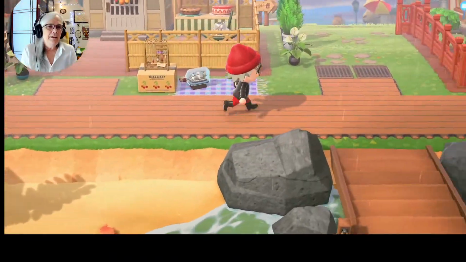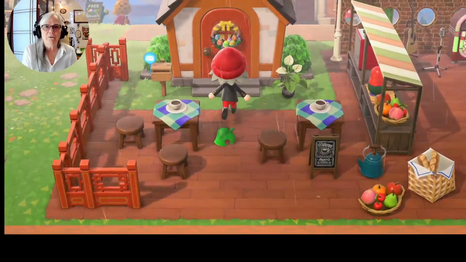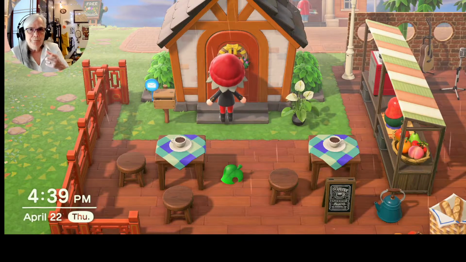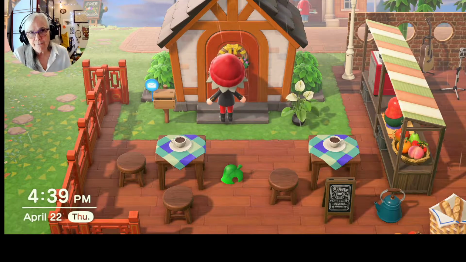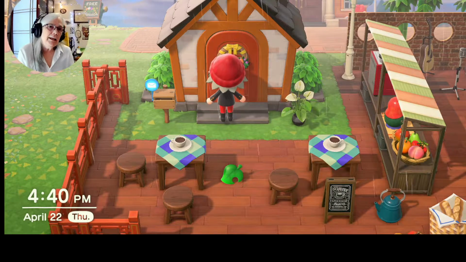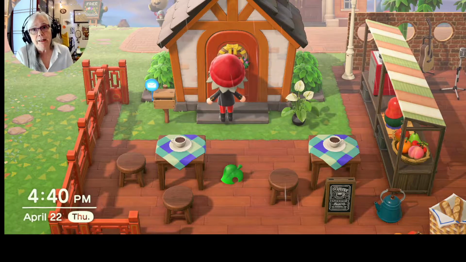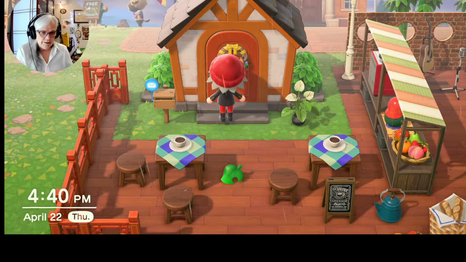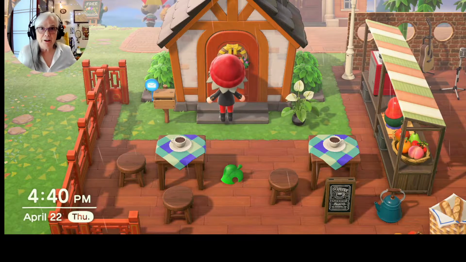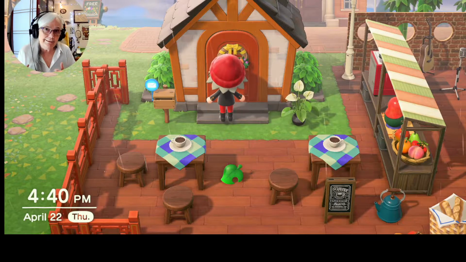And then over here, I actually opened a second account for Carol, and I decorated the inside of her house. So before I take you in, I just want to explain, I tried something out. I went on Etsy and I found someone that had a bunch of room designs, and you could pick one and pay her $14 or something, and she brought everything you needed for that design to your island.